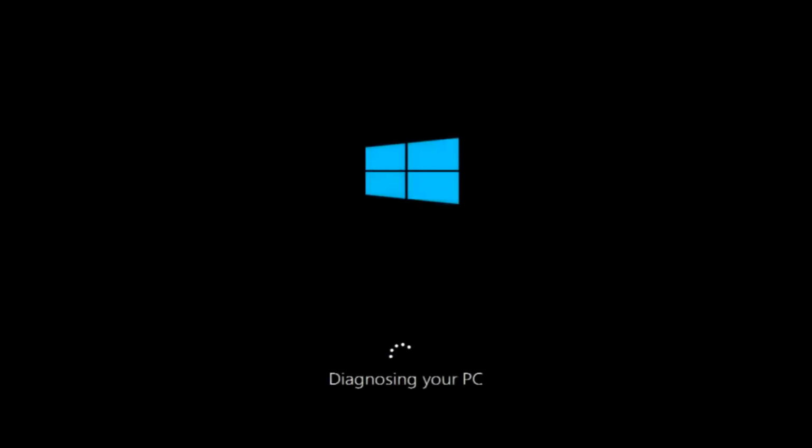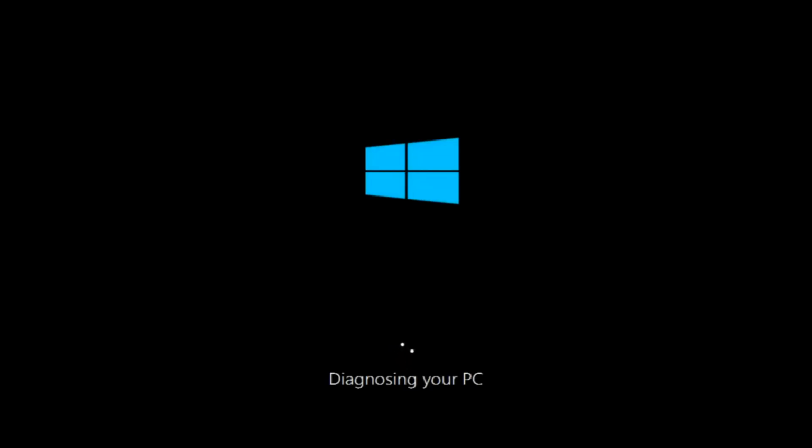Today I'm going to show you guys how to resolve blue screen of death problems you might have when starting up your computer. So if you're unable to boot into Windows after 3 continuous times, Windows should automatically try and launch the troubleshooting utility, which we are currently booting into at the moment. So it's going to start by saying it's diagnosing your PC here, and you want to let